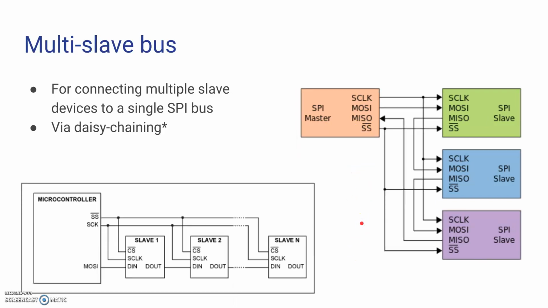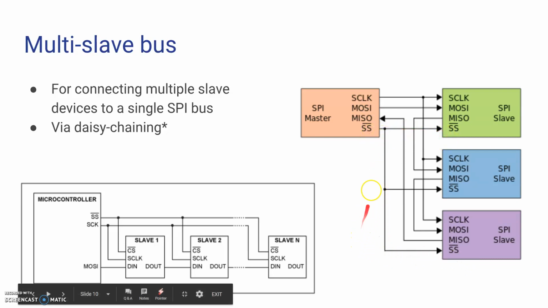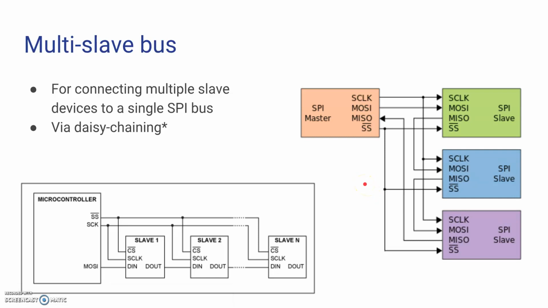The other option then would be to daisy chain. And with daisy chain, you have only one chip select, but the way that you would separate out each device would be through time. What I mean by that